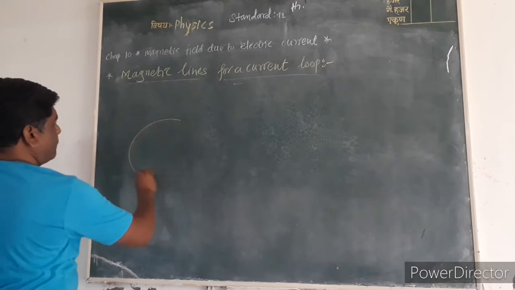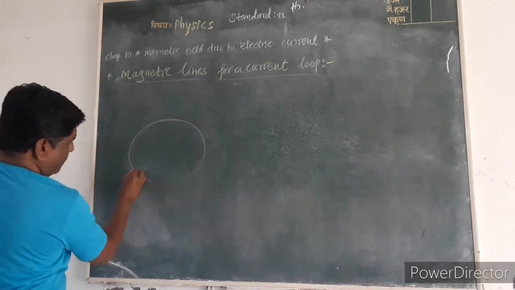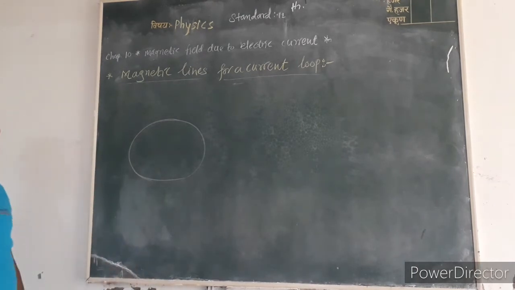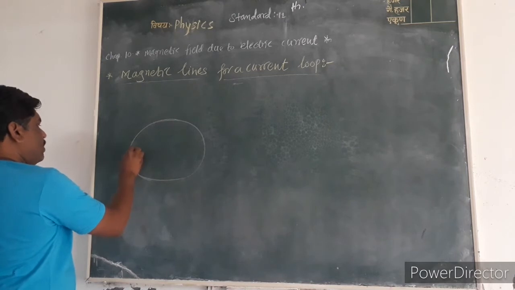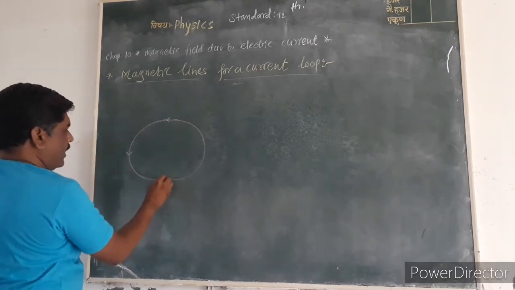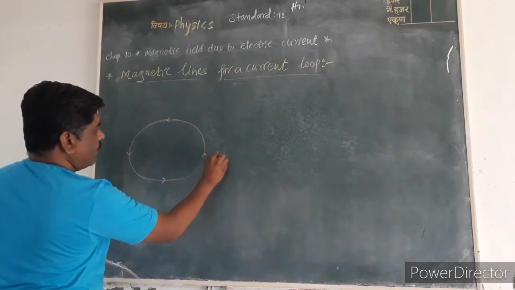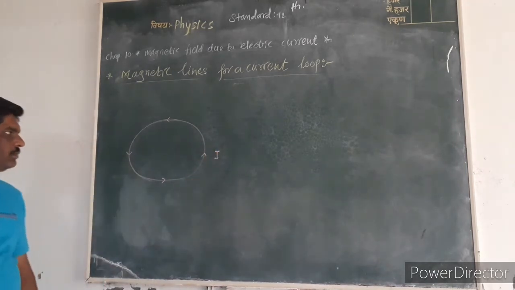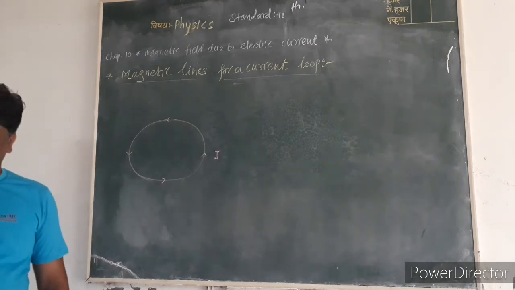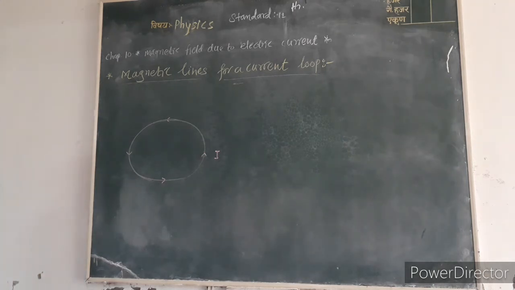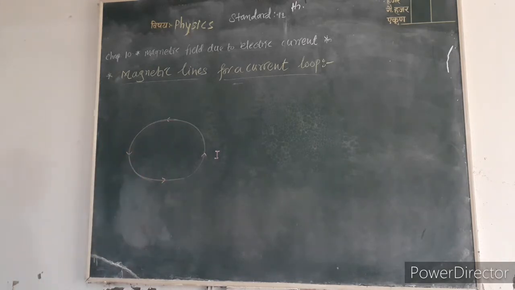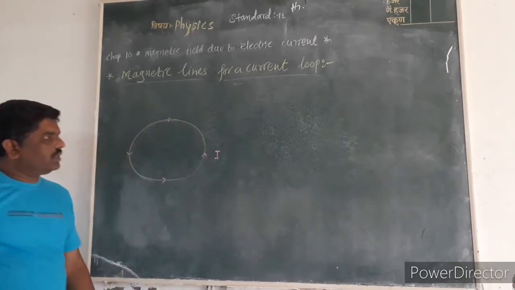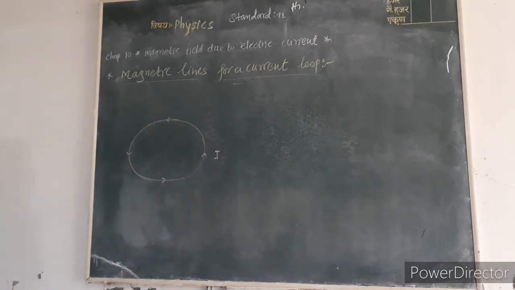Suppose we consider a coil or current loop having a number of turns. This current loop carrying a current I. This circular coil or current loop carrying current I. Due to this current, according to the right hand thumb rule,